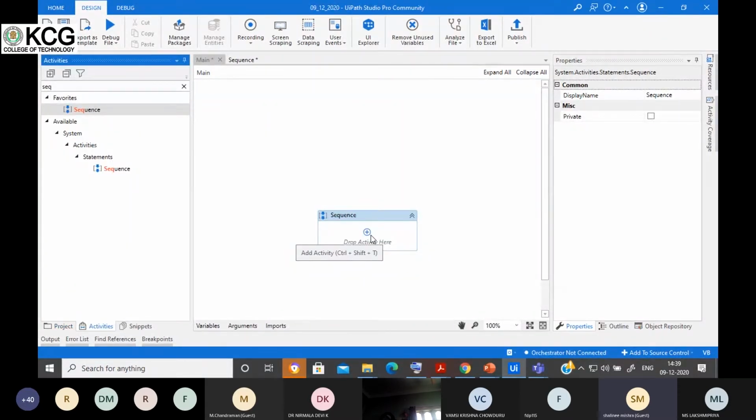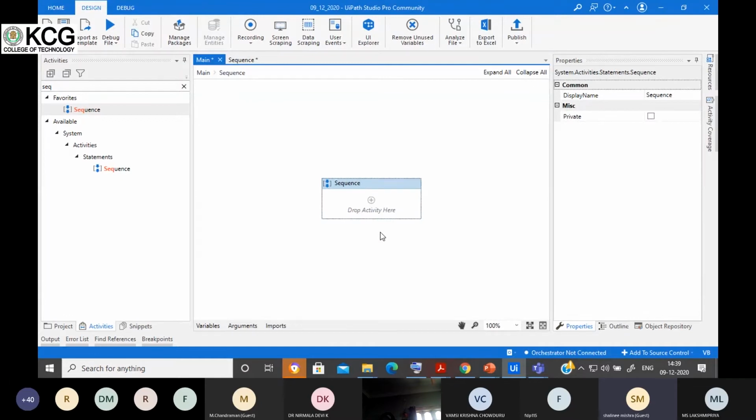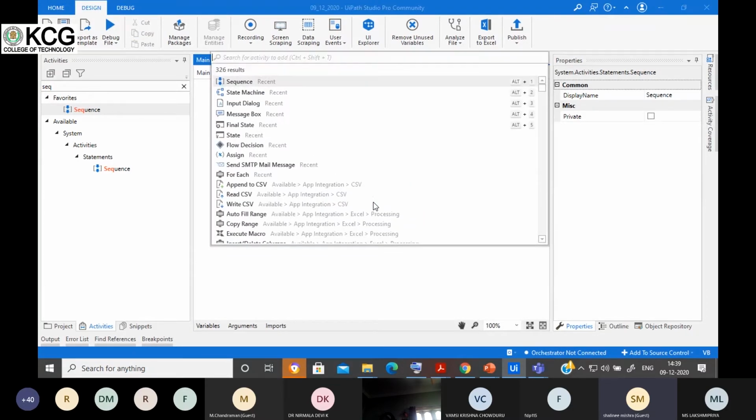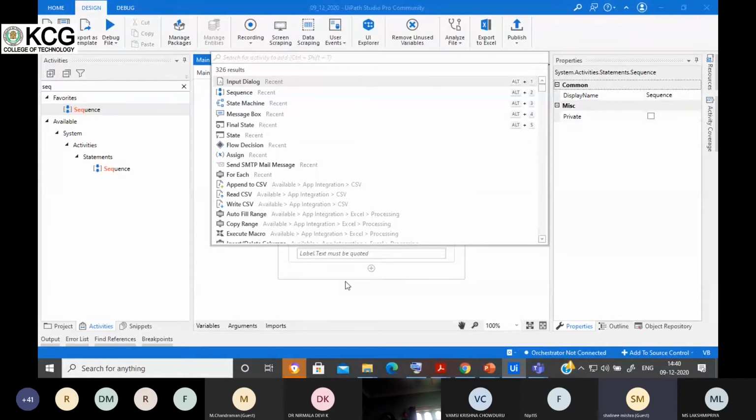Now if you want to add an activity inside the sequence, just double click here, and now you can see Drop activities here. Whatever process you want to get completed, you can add the activities here. Suppose I'll add this activity. If you want to add more activities, you can add activities from three positions.